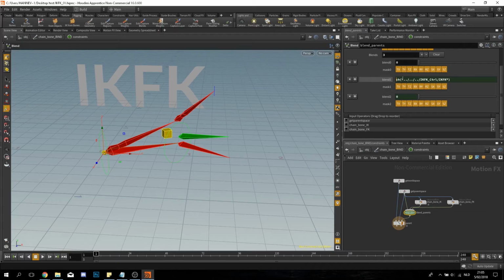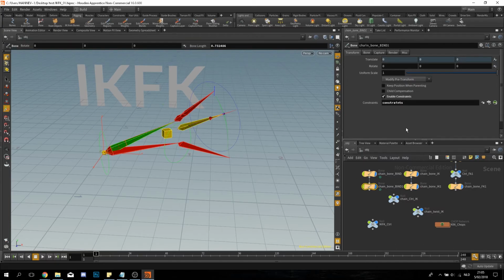You have to invert the parameter, and you do that by adding 1 minus. And now this will be a 1, and that will be a 0.